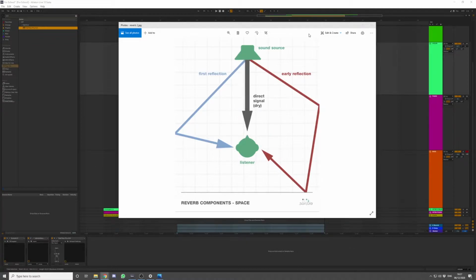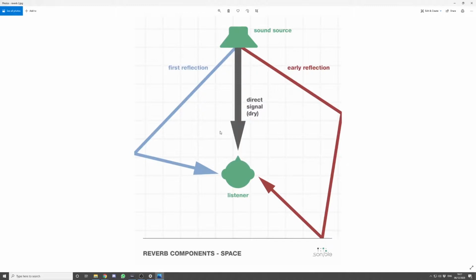So we have an image here of how reverb works. We have the sound source. So let's create a hypothetical situation of me and you in a room talking to each other. I'm the sound source, you're the listener. So I'm speaking to you. We have a direct path, mouth to ear, direct sound signal, and it's a dry signal, no reverb,